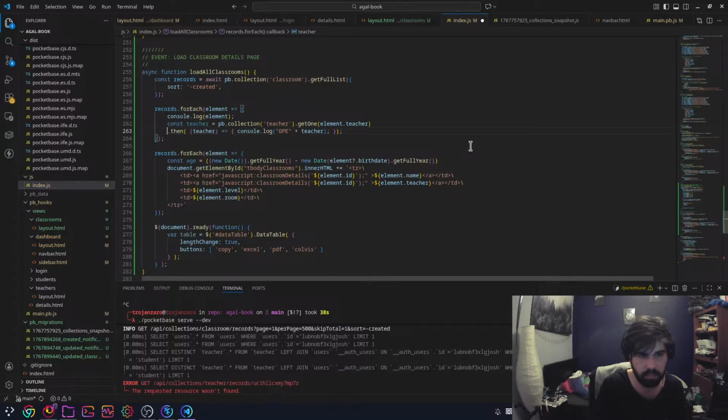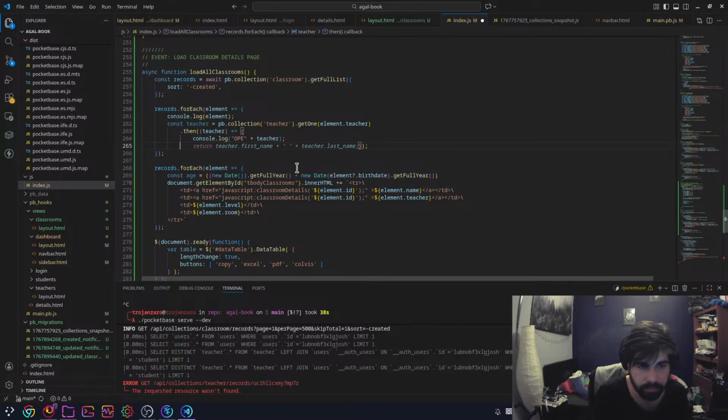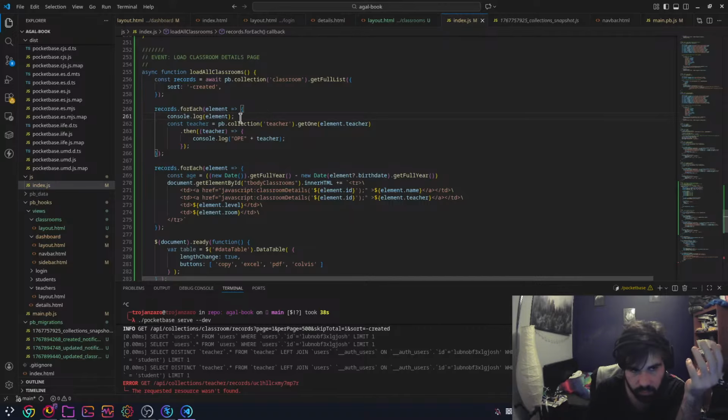Okay, wait, let me just format this a little cleaner because I hate this notation. So we get the full list of classrooms, and for each element in the classrooms we get its teacher part here.